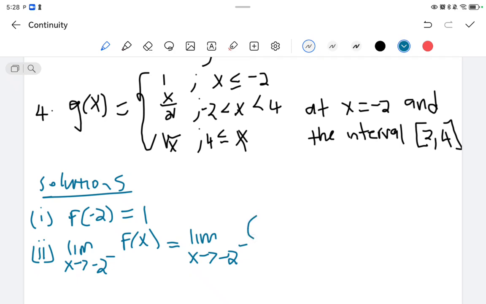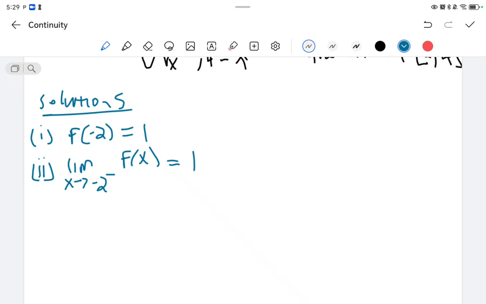Then when we are approaching from the left, minus 2, it's also this. You see, x is less than minus 2. And then this is just going to be 1. And then we check